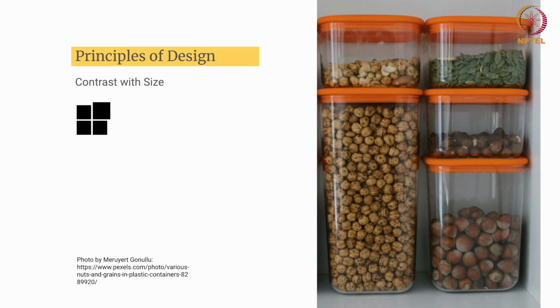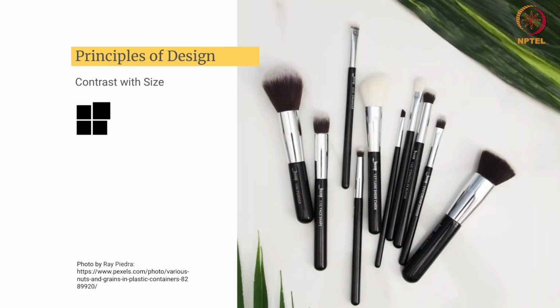Yeah, so this is another image where you can see how a similar brand or similar product can create a different set of hierarchy using contrast with size. Again, I won't explain too much, but it's self-explanatory. You can understand how the contrast with size is happening because of the thickness and thinness of the brush quality. By looking at such contrast, you will automatically realize that each brush has a different functionality because of the size.